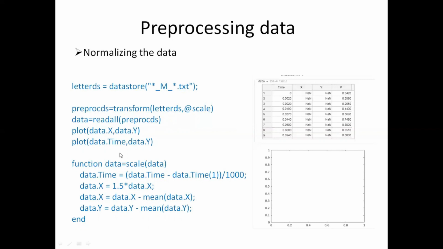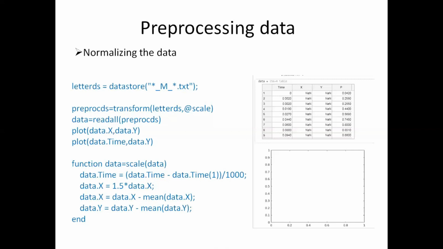When you execute this program, what we see is there is no plot appearing in the plot window. The reason is, if you look at the data table displayed here, we have got some NaN values, that is, not a number.